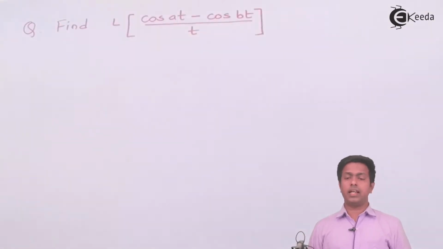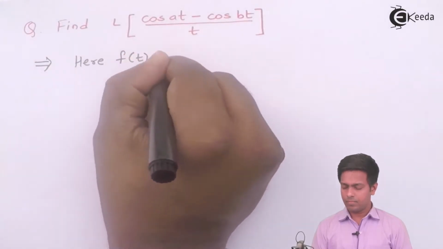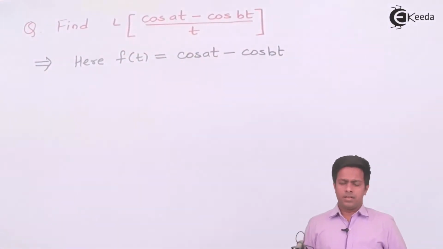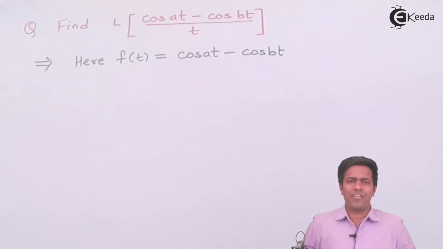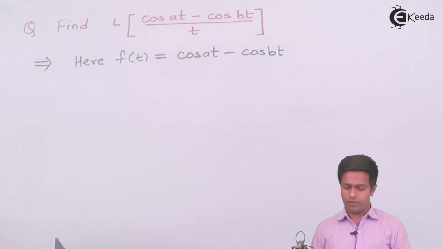So first of all, let's understand that the numerator is f of t. I'll mention that here: f of t is this. Now students, after this we are going to find phi of s, and for that I'll take Laplace on both sides, because Laplace of f of t is phi of s. So here we'll get